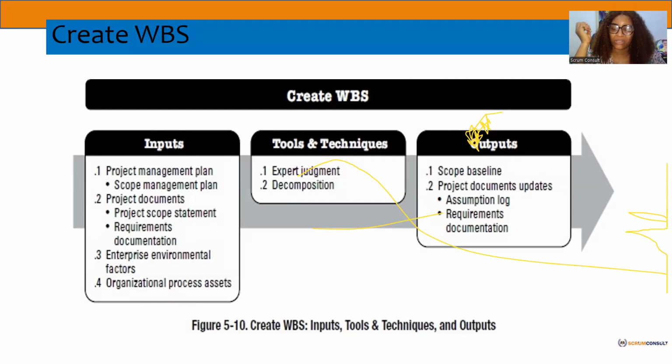Because of your stakeholders, you need to understand their risk attitude. Some stakeholders are very open. They are open to new changes, new suggestions. They want to take risk, right?